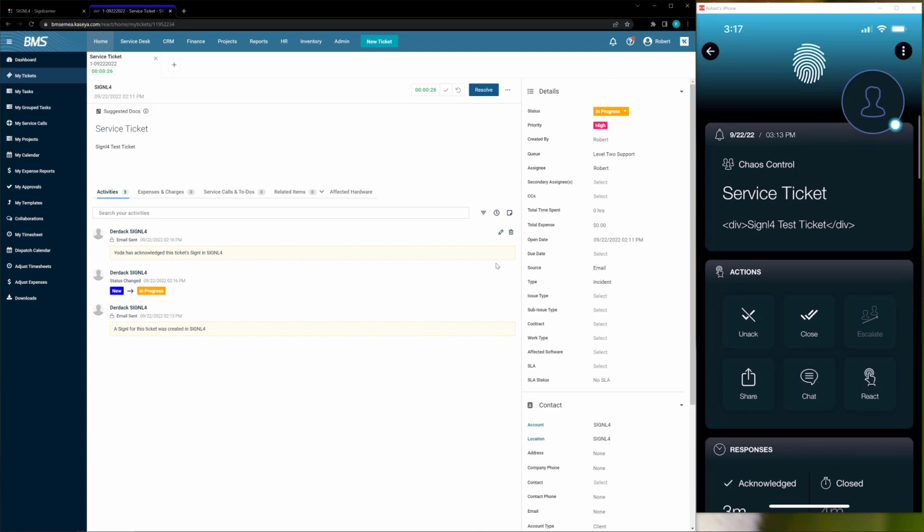So next up, let me go ahead and unacknowledge the ticket. So I'm going to remove the acknowledgement from my ticket. So we'll see that the SIGNL4 ticket goes back to the question mark and removes my photo. And if I come back over here inside of Kasaya and refresh again, we're actually going to see that the status went from in progress back to new,